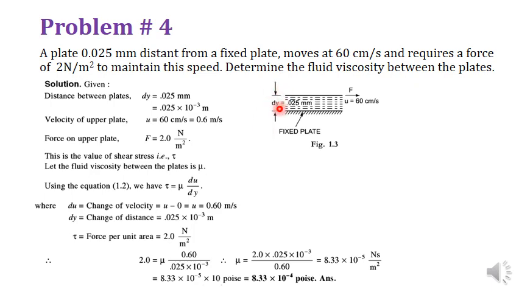Because the dynamic viscosity is not going to be changed. Okay, it is maintained. You can see in the statement that your plate has a velocity of 60 centimeter per second. This 60 centimeter per second velocity stays the same throughout the system by applying a force equal to 2 Newton per meter square, meaning the resistance is equal to 2 Newton per meter square. So if this force is applied on the upper plate that is moving, it should be constant.